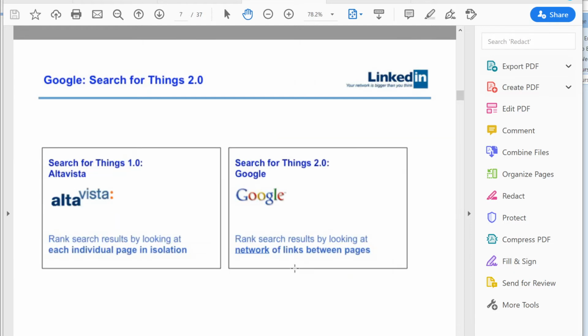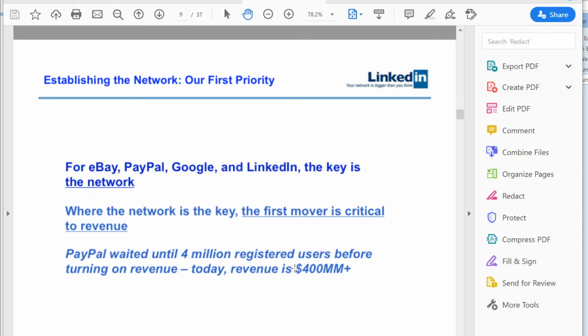So they do in detail talk about what their solution is. And here on this slide, they talk about their mission statements and core value, basically, right? So the first mover is critical to revenue, and they describe their priority. So their priority is the network,